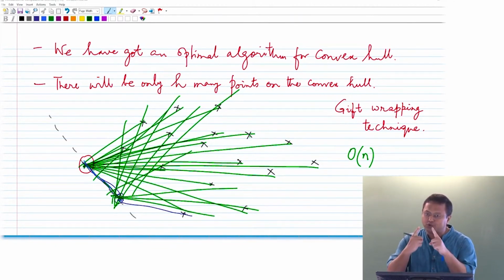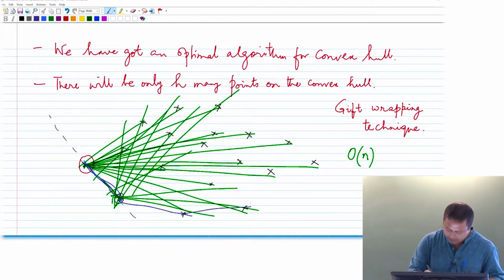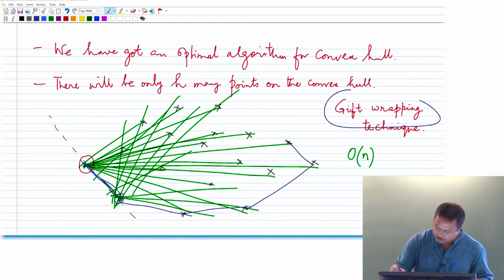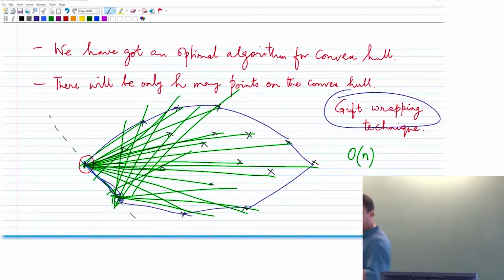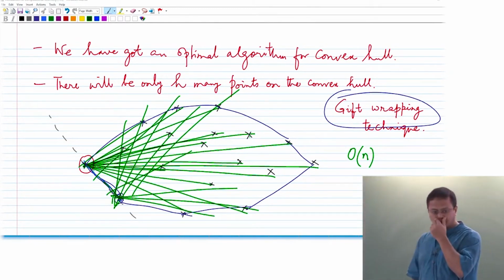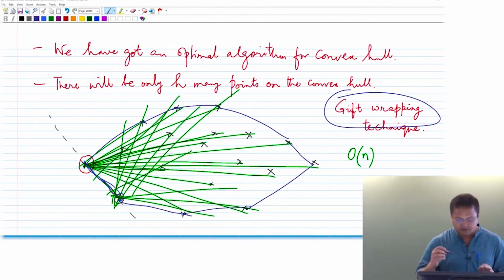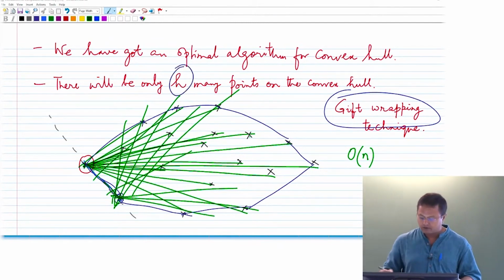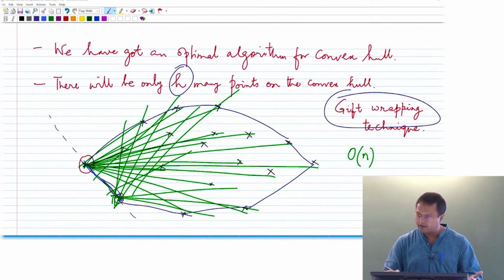and mind you, these computations you are only doing on the hull vertices, because until and unless you are sure of the next hull point, you are not doing any computation. You get there, you are sure that this point is going to be on the hull, and again redo the computation. The reason it is called gift wrapping is because you keep doing this computation till you come back to the point from where you started, right. So, at how many points did you do the computation? Per point, how many computations? N. So, total is